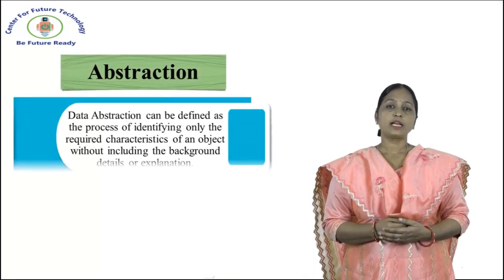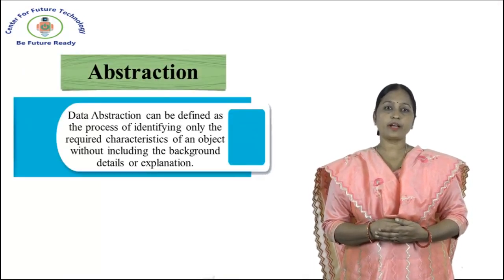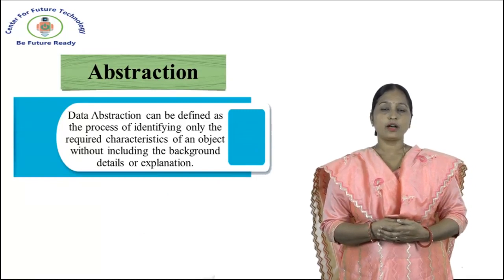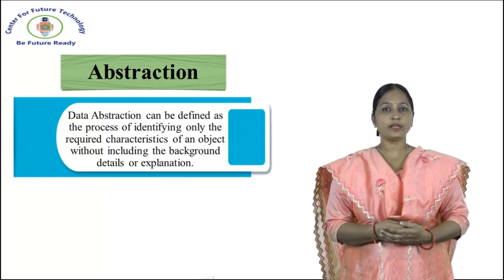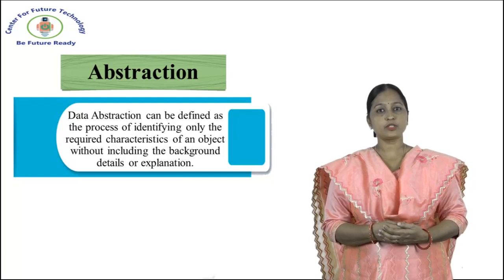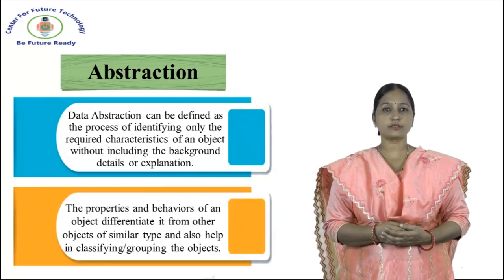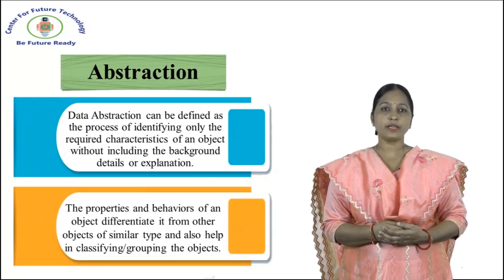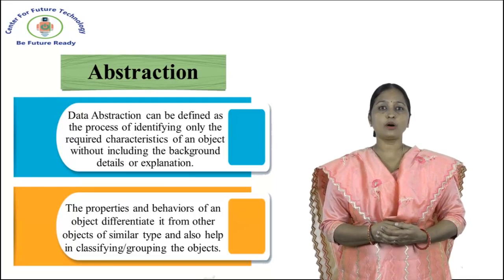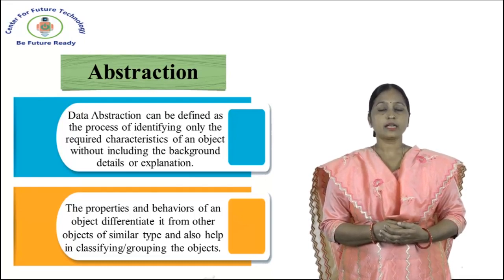Abstraction. Data abstraction can be defined as the process of identifying only the required characteristics of an object without including the background detail or explanation. The properties and behavior of an object differentiate it from other objects of similar type and also help in classifying,